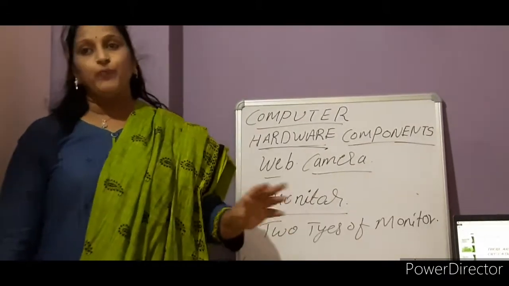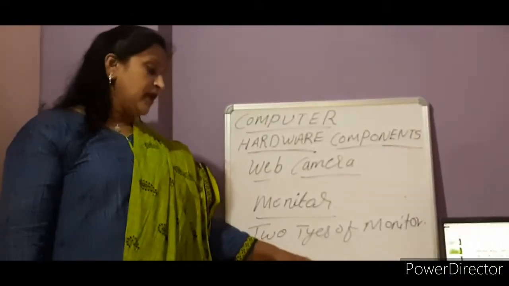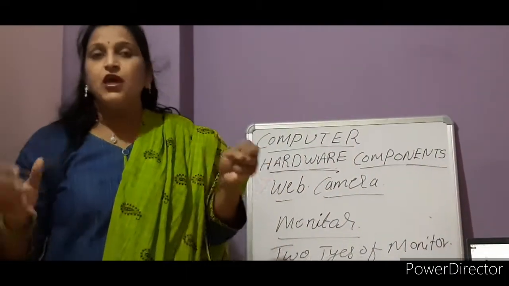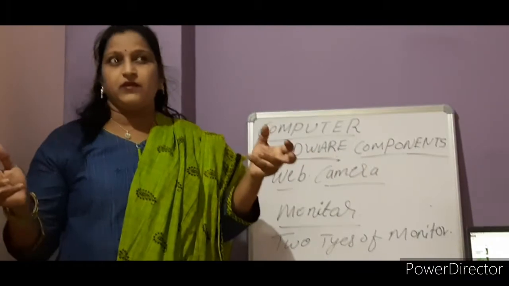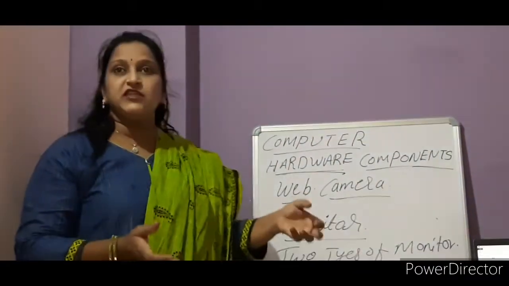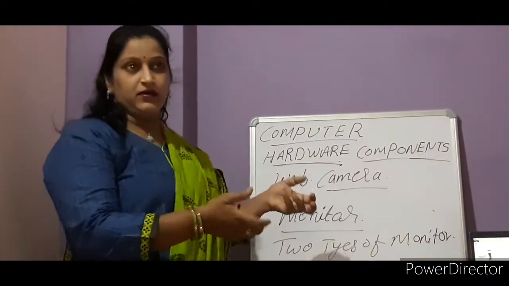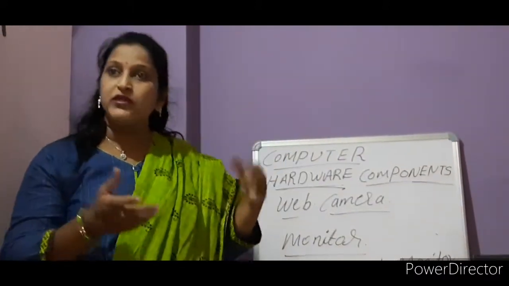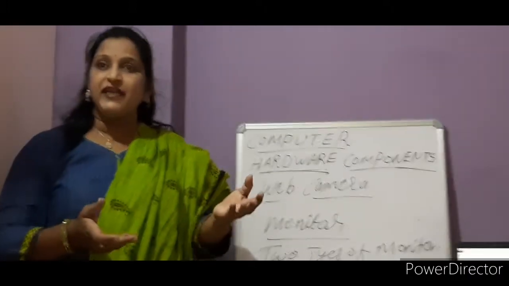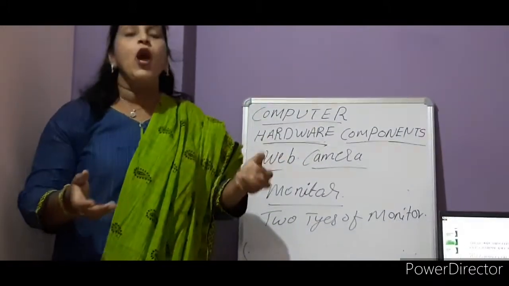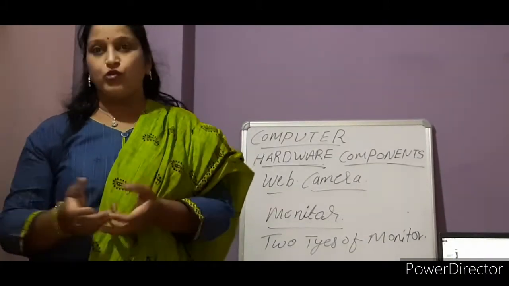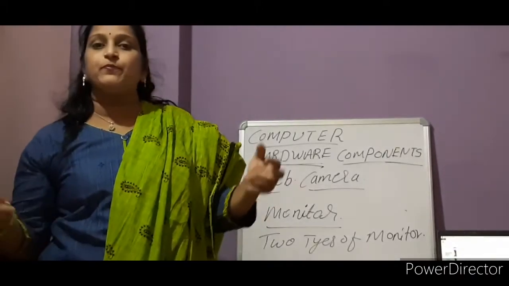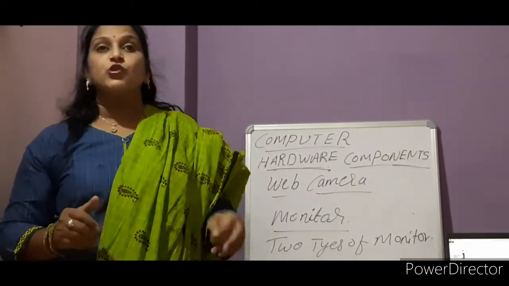Cathode ray tube monitor means it is bigger in size. You have seen the old television, very heavy. It was so heavy that 2 or 3 persons needed to carry the big monitors, like in a TV. In that way, the old computers, called CRT computers, are very heavy, and they consume more power also. They take more place to keep also. So which is better?